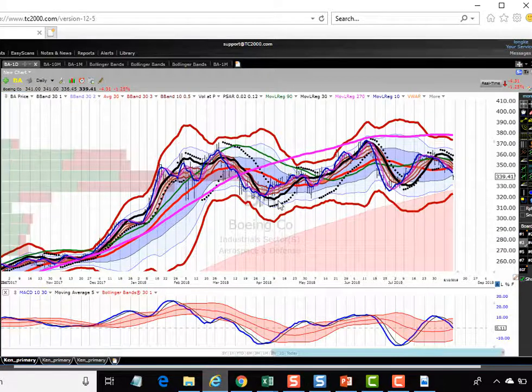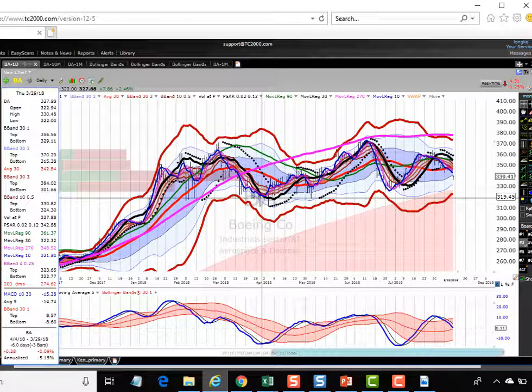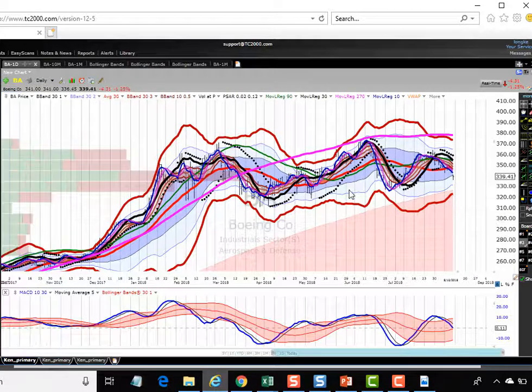And then were it to collapse below this swing low at 320, then it's Katie bar the door down here to 300, and then we would be deeply into the winter once more. So Boeing is in definitely a critical state, and this is one that we would want to pay particular attention to. So if we zoomed in on that a little bit,